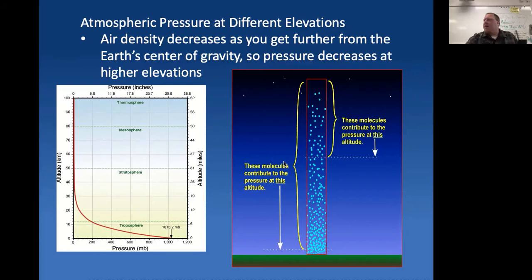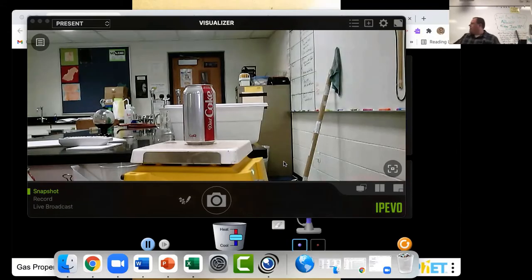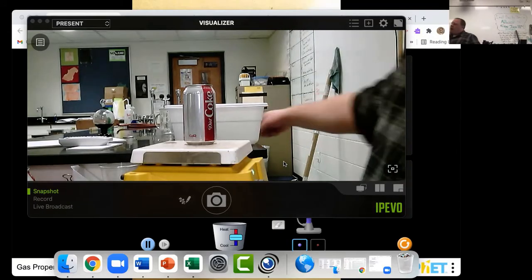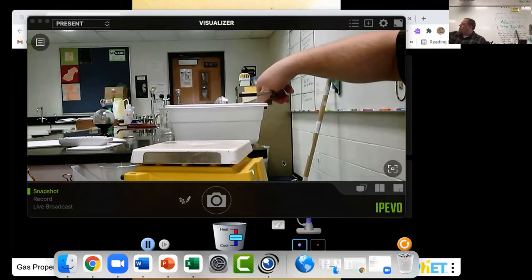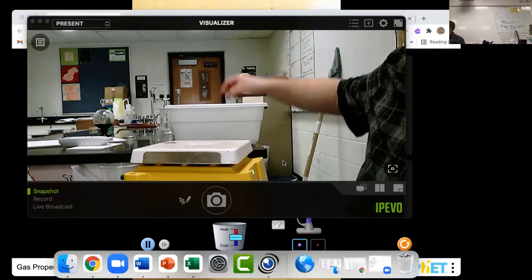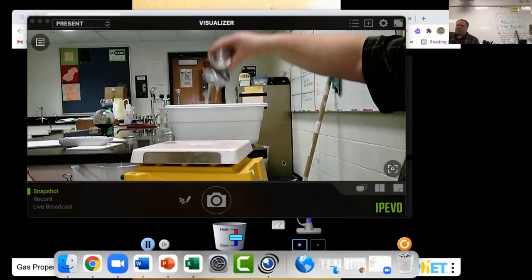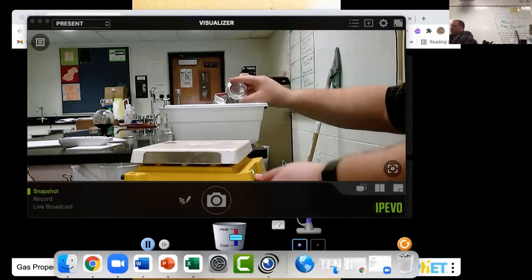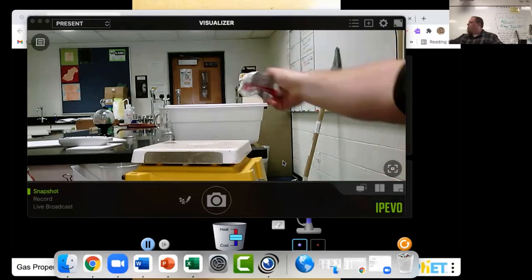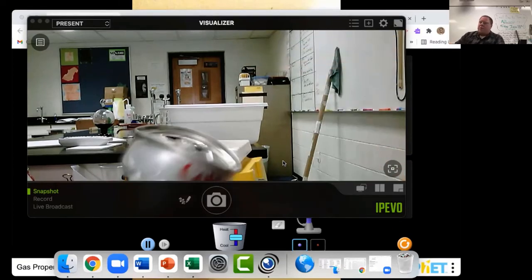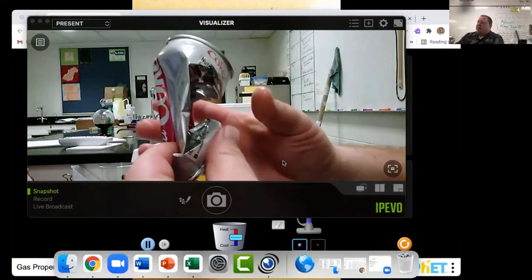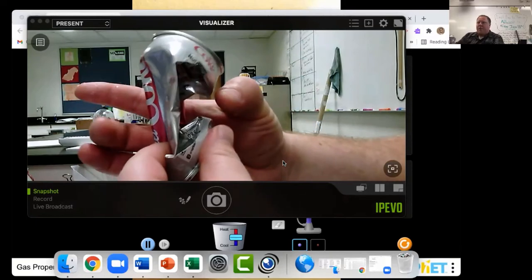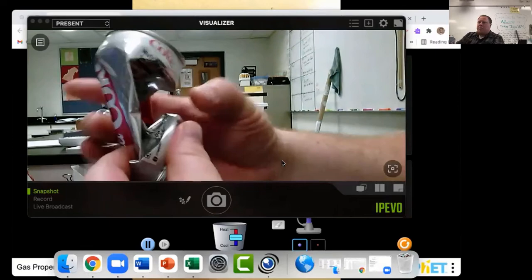All right, so this is actually hot enough now. I think it's hot enough. Let's try this again. So hot air, cooled down. There we go. So as soon as it cools, there's less pressure inside the can. And because there's less pressure inside the can, the outside air around it, which was basically equal to it when it was warmed up.